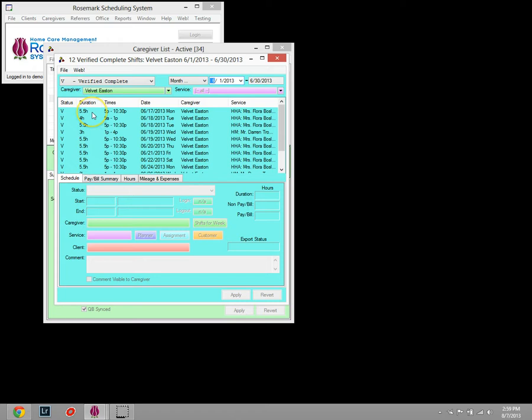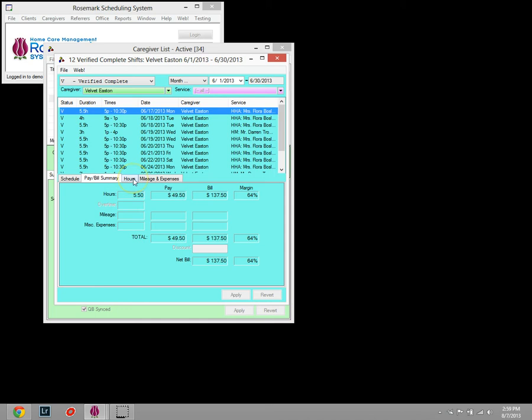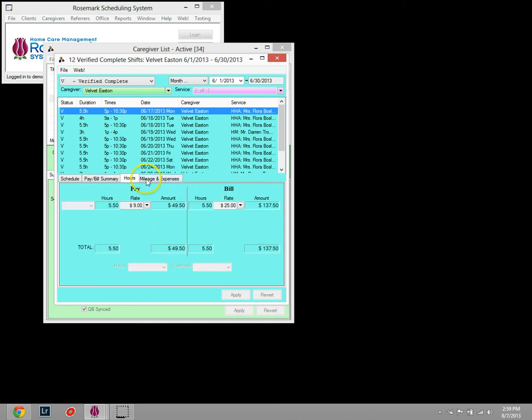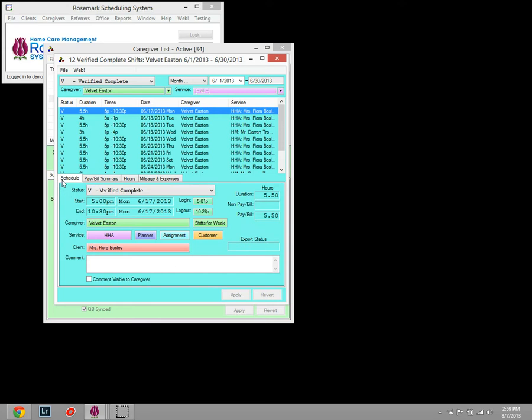Now, a thing to keep in mind, which some people don't realize, is the extent of how much data is actually on a shift. If I click on a shift here for an example, you can see it's got the start time, the end time, the date of the shift, the times of the clock-ins, its duration, all this information about the caregiver and client it's related to and the services, as well as information about the pay and bill summary, the rates, any mileage and expenses. There's a lot of data attached to a shift, and if you're doing a report, you probably only need certain